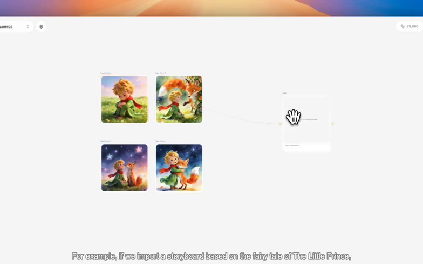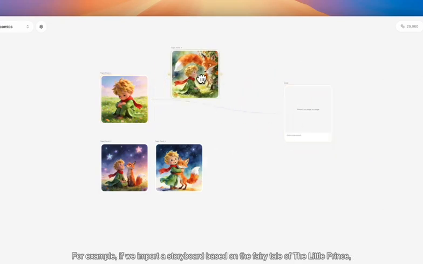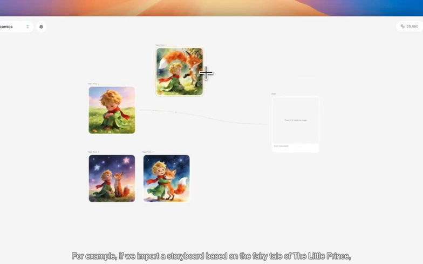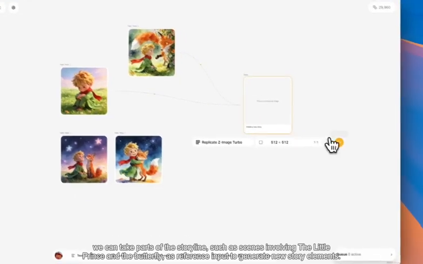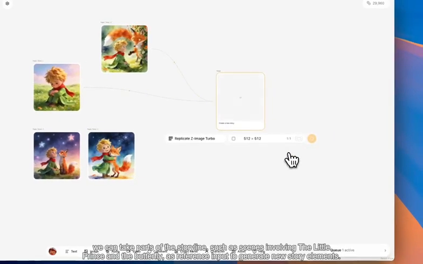For example, if we import a storyboard based on the fairy tale of The Little Prince, we can take parts of the storyline, such as scenes involving the Little Prince and the butterfly, as reference input to generate new story